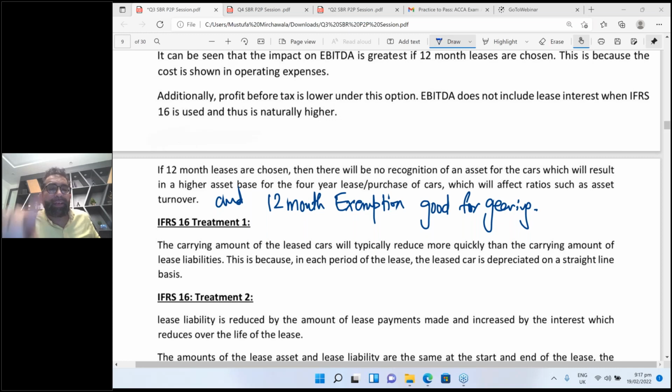One more thing I have added, in option number 1 and 2, there will be impact on gearing as well. But in option 3, your gearing will be fine. I taught you this, students. I discussed this. Now,